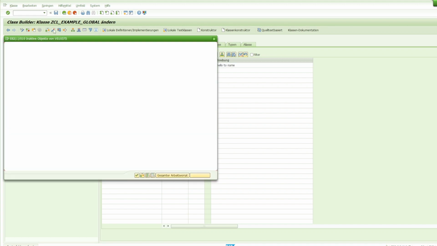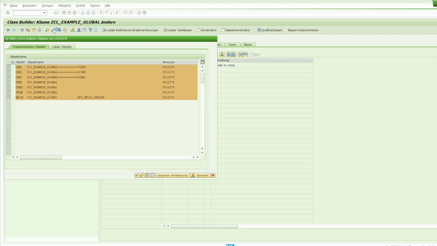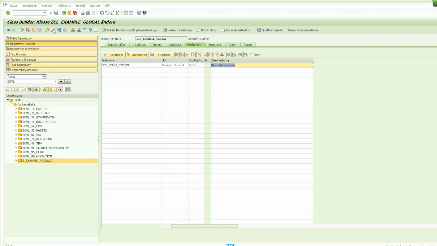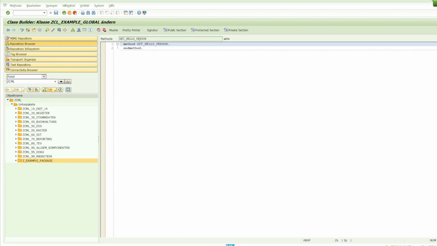I just click enter in order to activate all the things that we've created. Okay, now we can click 2 times on the method, and what we'll see is actually the method itself. However, our method does not have